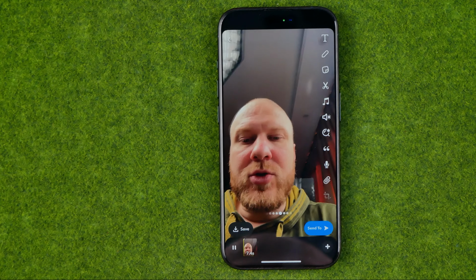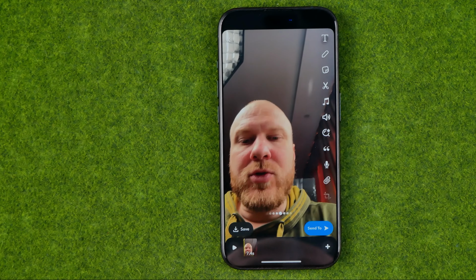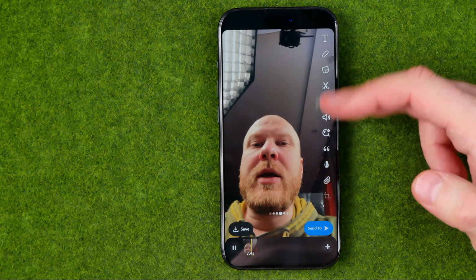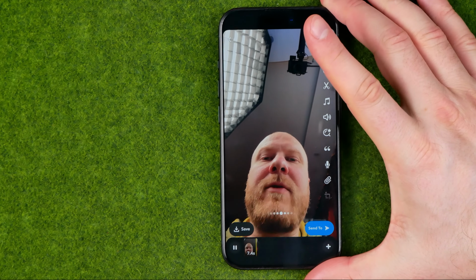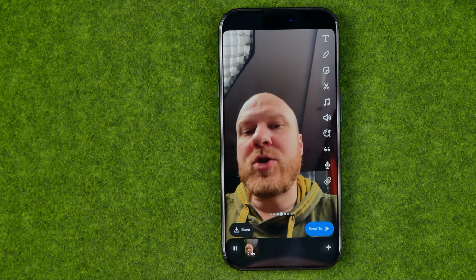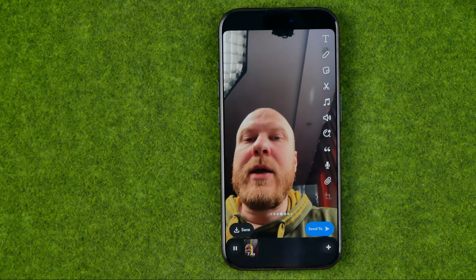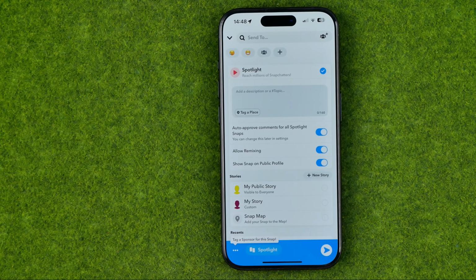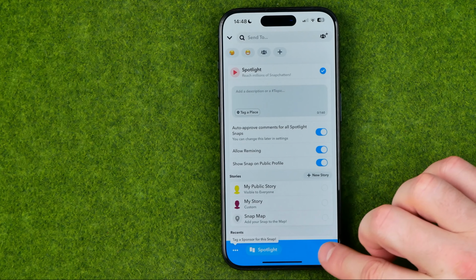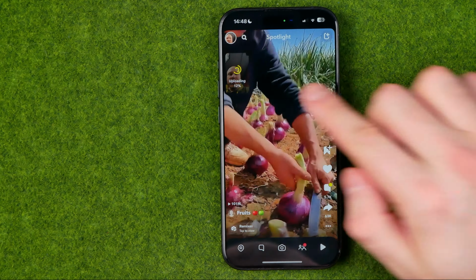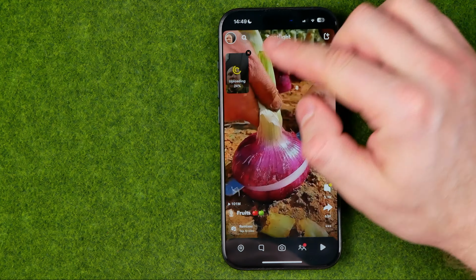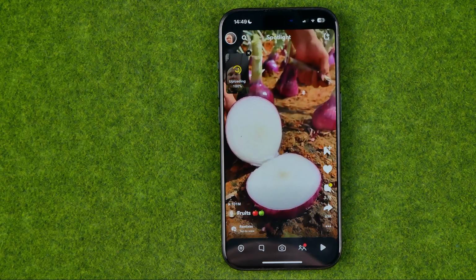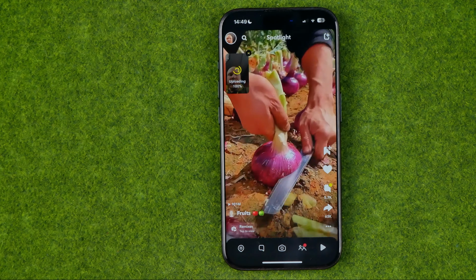And then if we hit add preview, we'll be able to add some text, some stickers, any music, all this stuff. And once we are ready to upload that spotlight to Snapchat, we can just hit send to, and then just tap right here at send. It says uploading here, so the spotlight is being uploaded, and after that it will be shared on my Snapchat